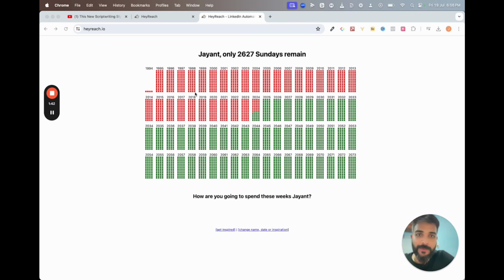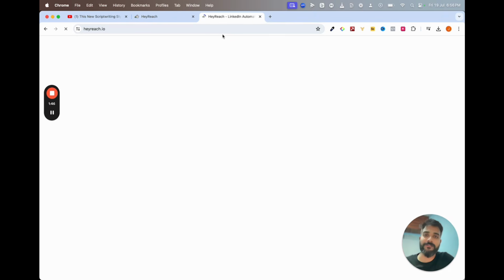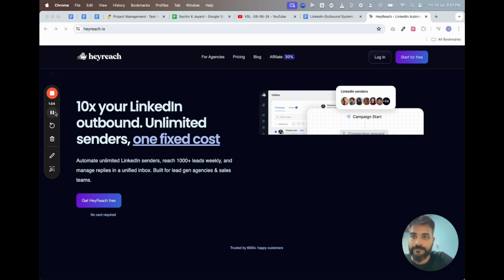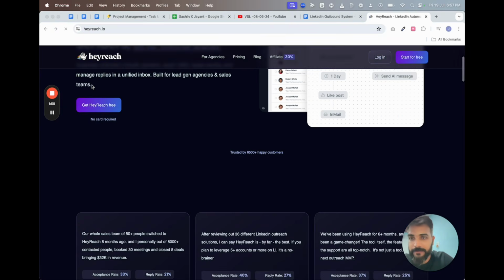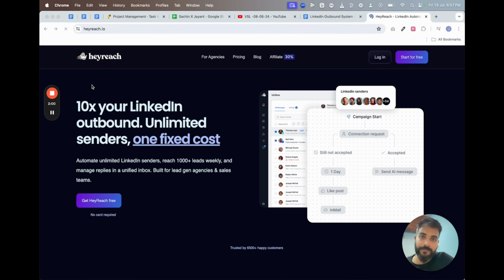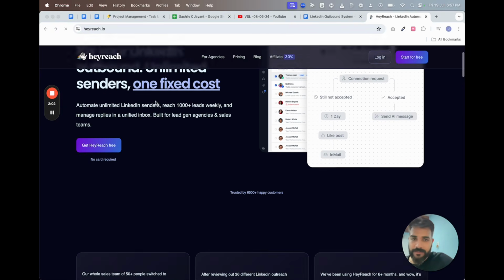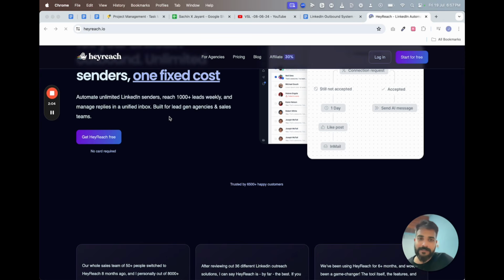All right, so this is the tool that I'm using. I'm not sure it's loading. Okay, now it's loading. Yeah, and this is a pretty cool tool. The name of the tool is heyreach.io, right? And you can automate your LinkedIn to the best extent.